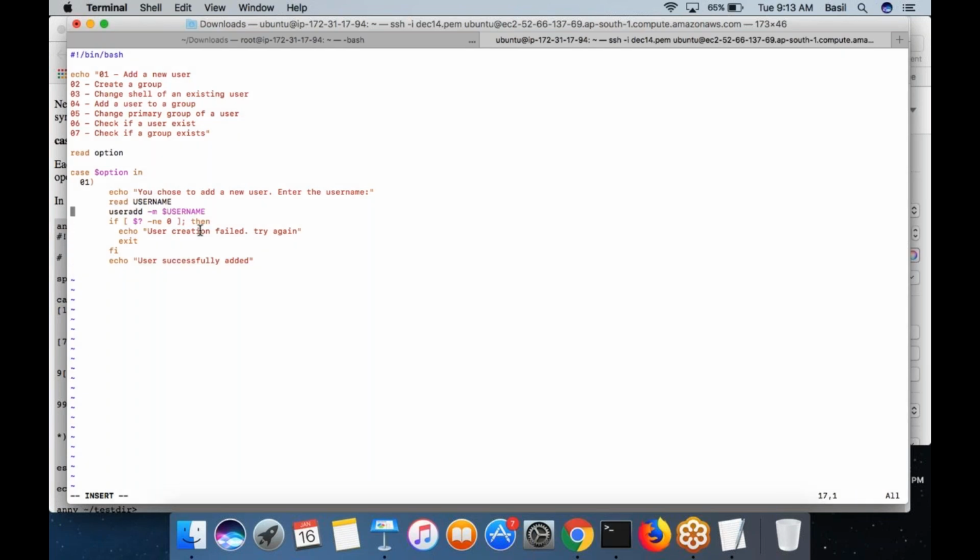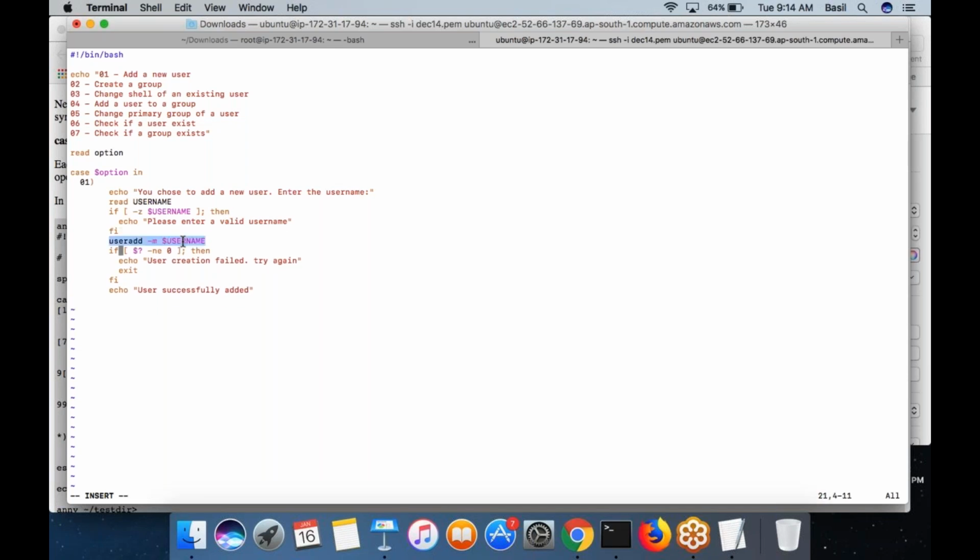Or you can even check it further. Maybe you want to make sure that the username the user has entered is a good one. You can put another if condition to check whether the user actually had entered anything. If the username is empty, then you would print a message saying that please enter a valid username, the username that you have entered is wrong. So this is also you can do within this.